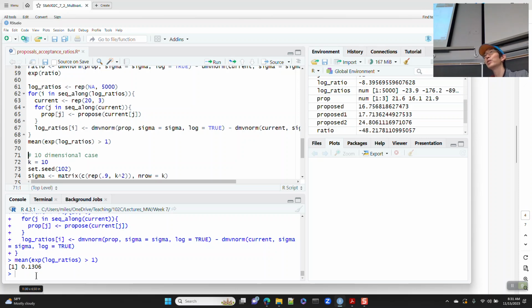Okay, so it's almost like 1/2, 1/4, 1/8. And so as we go into higher and higher dimensions, the probability of proposing new locations that have a high probability of being accepted goes down and down and down, because